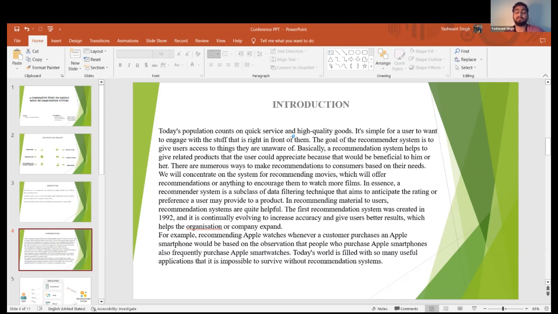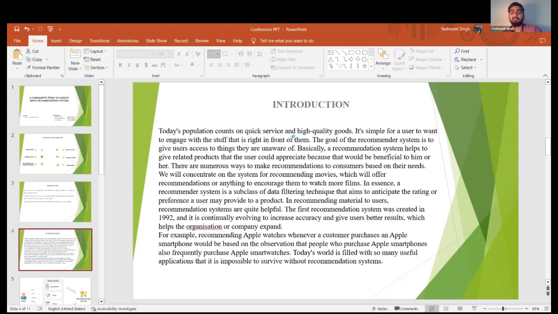The recommendation system is very important, as it will increase the business of various organizations, and it will also increase the user interaction in the systems of the organizations. So let's take an example of a recommendation system. Let's say a user buys an Apple smartphone from Amazon. Then the best recommendation that we can make to him is the Apple Watch. That's what the recommendation system does.